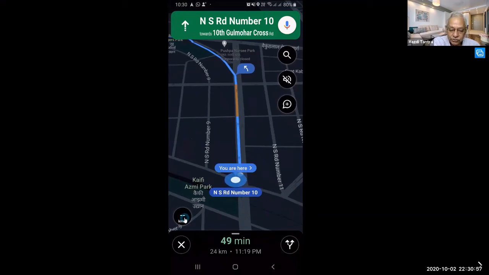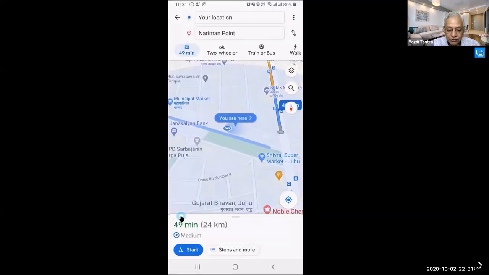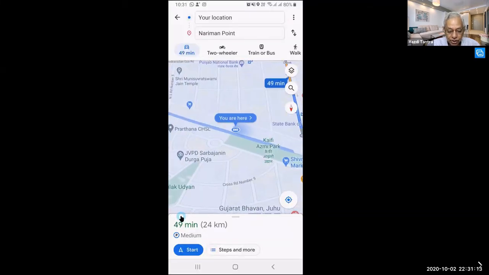And in areas where speed limits are applicable, it will show you the speed limit where you are, and if you are going beyond the speed limit, it will even beep so that it tells you that you have gone beyond the speed limit. This is also very, very cool. It shows how sensible and how fast Google is.